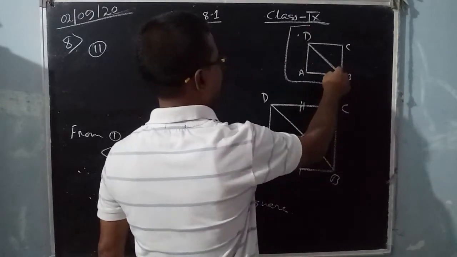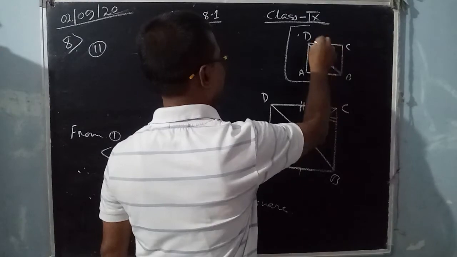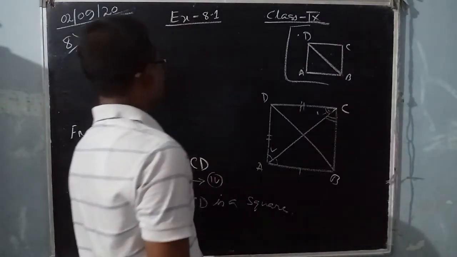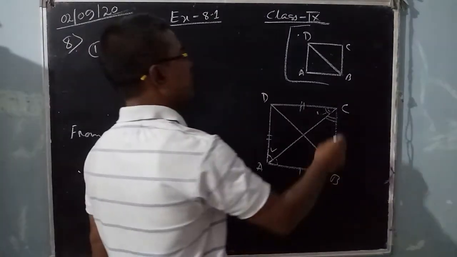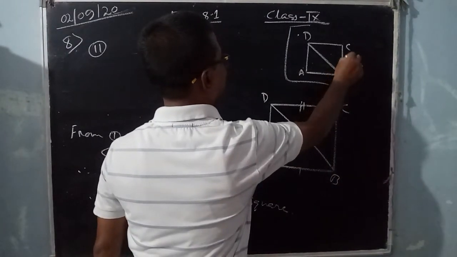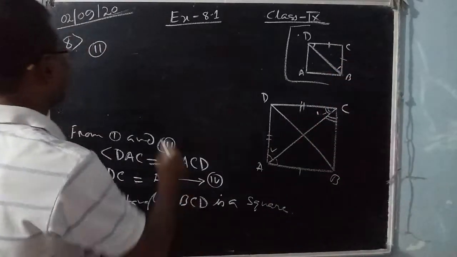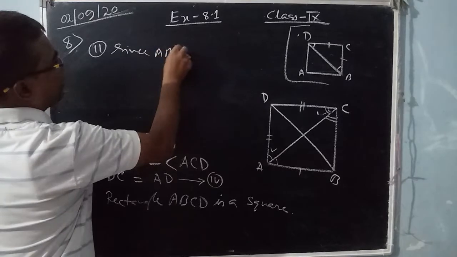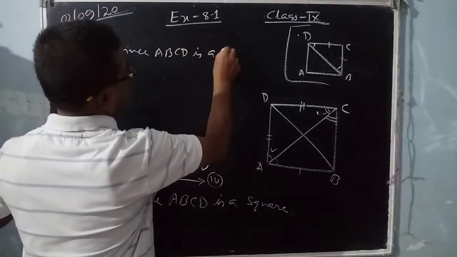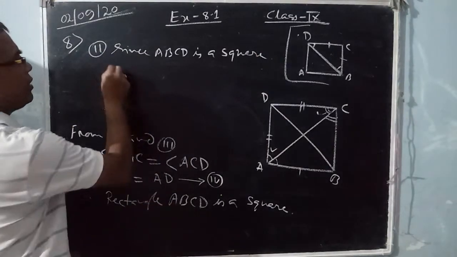Now diagonal BD bisects angle B as well as angle D. This is a square, so the sides are equal. As a result, this equals this. Since ABCD is a square, as we proved,